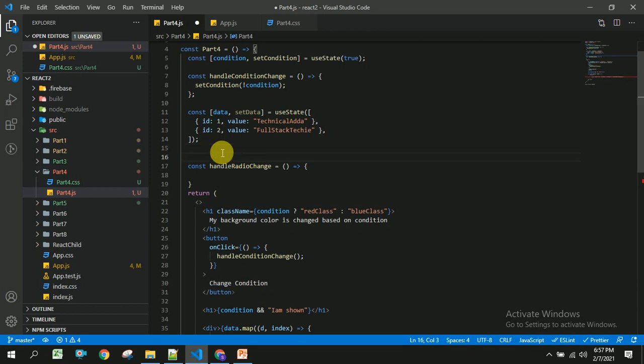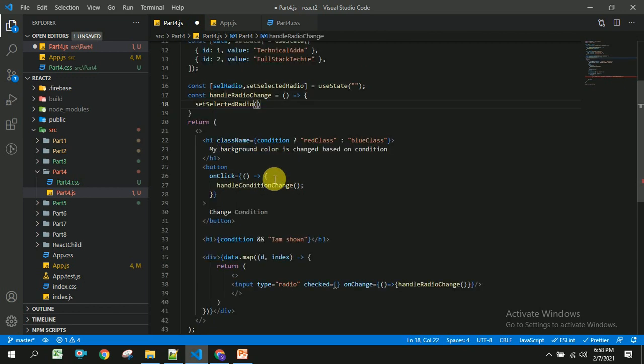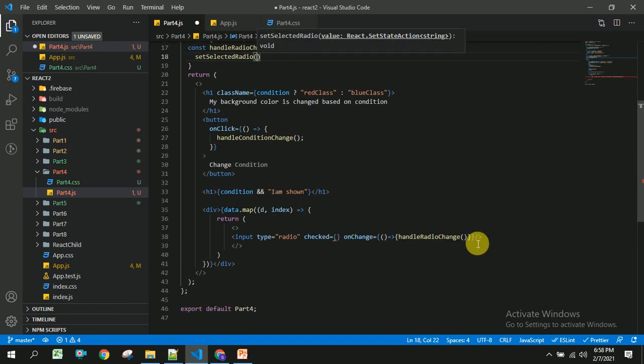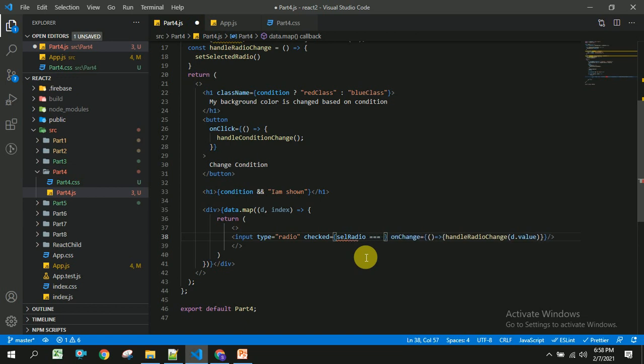For storing the selected value, I am creating a variable with useState of empty value, and once the user clicks on this, I am going to send the value the user has selected, and if this selected radio is true, we will be checking this radio.